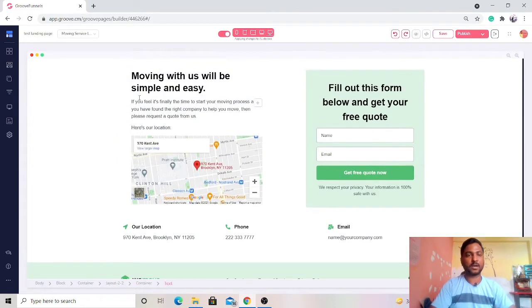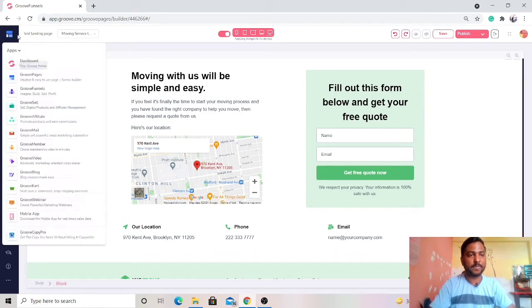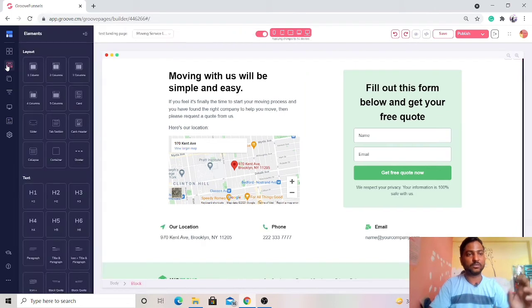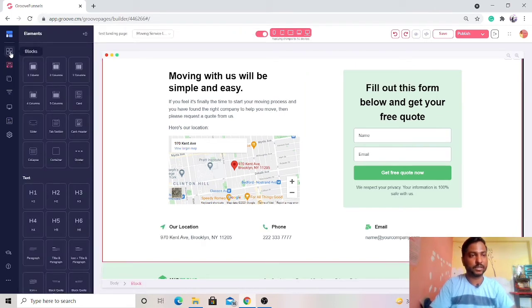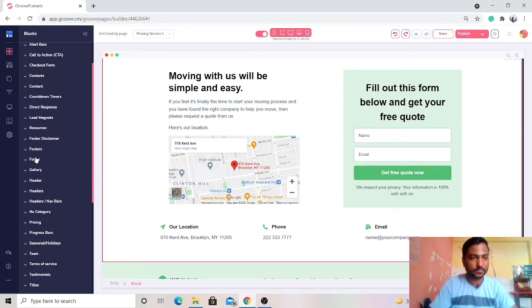Apart from this, I want to show you how you can add a new form to the website. Let's say the template you are using doesn't have any form. You need to check it from the elements option. You can see to the left-hand side there is an element, sorry, not the element option, it is the blocks option. Under the blocks, you can see there is a forms header.